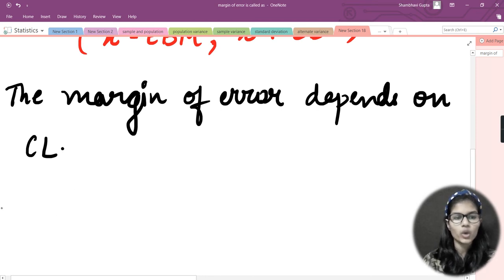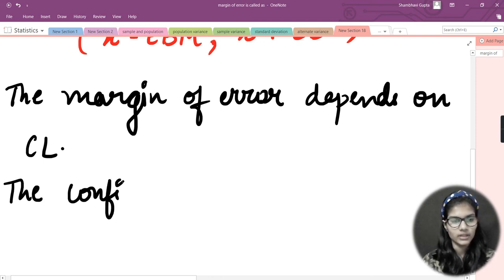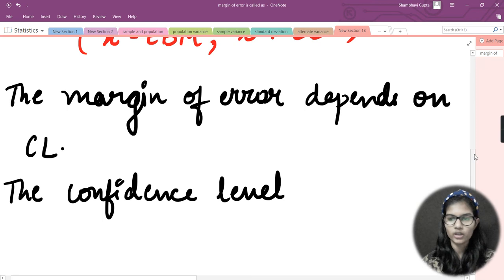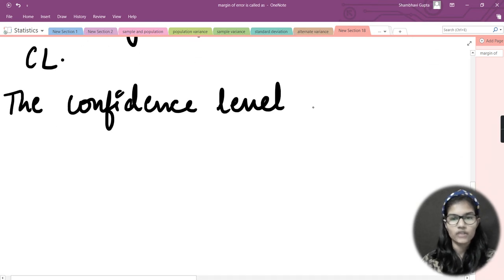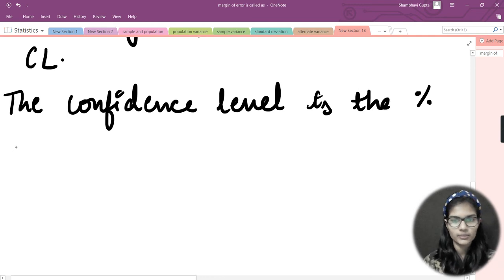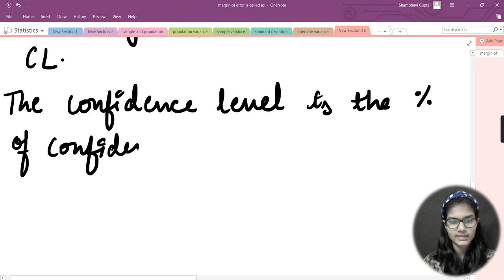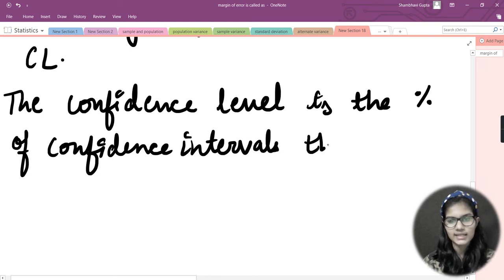Now, what can we say about this confidence level? Here I will tell you about the confidence level. Previously we had seen only the confidence interval, and now we're going to see the confidence level. So the confidence level is the percent of confidence intervals